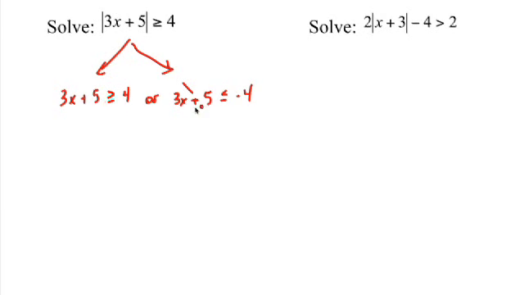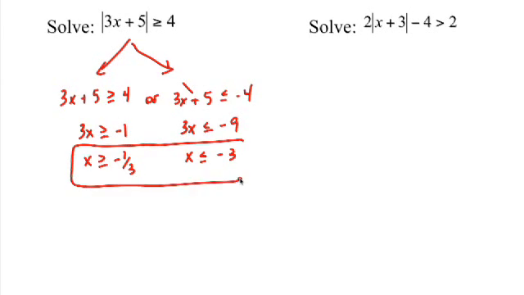Now, again, we're going to assume solving equations is a non-issue here. It's all about setting these up. Once you have them set up, it's hard to get these wrong. You move 5 over, obviously it becomes negative, so that's going to give you a negative 1. Over here, when you subtract 5 from both sides, you get negative 9. And then dividing both sides by 3 on each equation, you get negative 1/3. And then over here, you get negative 3.